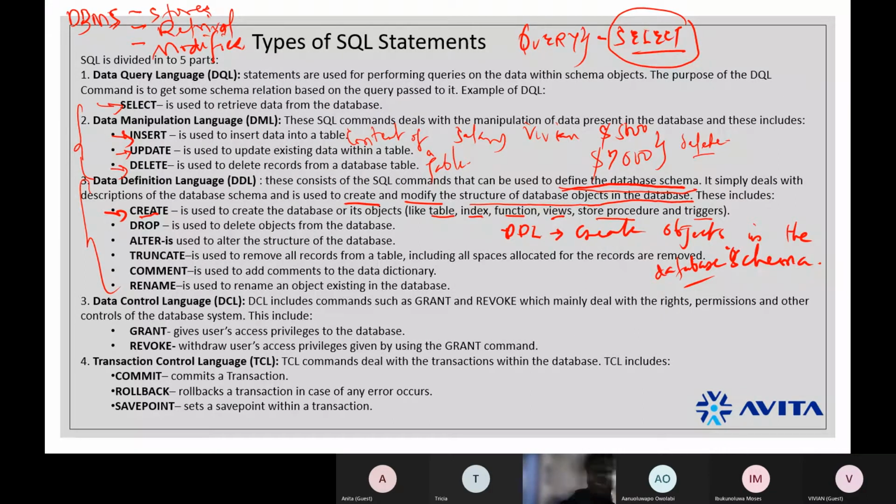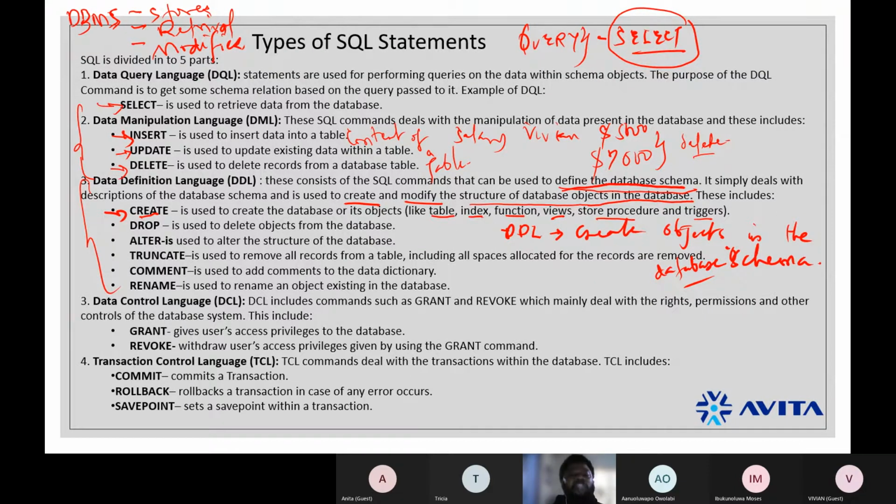When you want to create a table, you use the create table statement. To create an index, create index. A function, create function. A view, create view. A stored procedure, create stored procedure. A trigger, create trigger. Like I said, it follows English language.